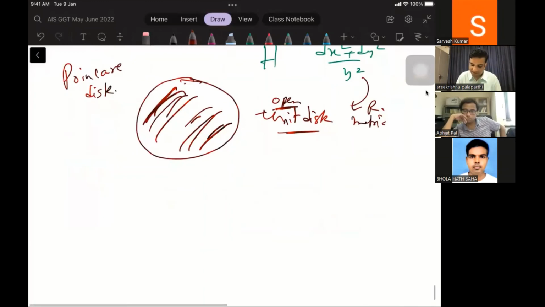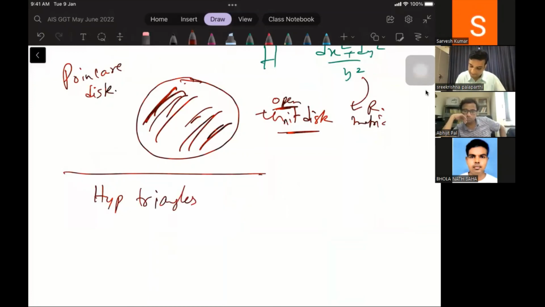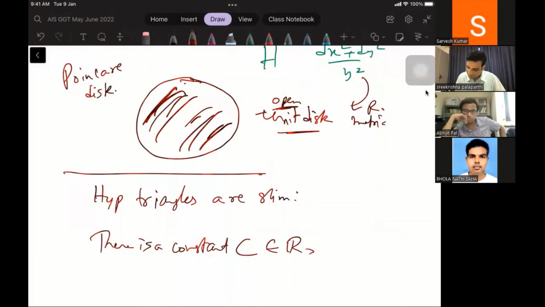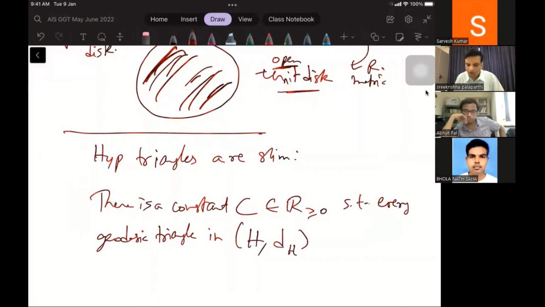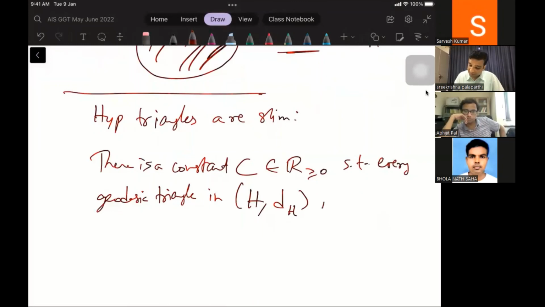One last important property that basically led Gromov to define hyperbolic metric spaces in general is the following property of hyperbolic triangles. Hyperbolic triangles are slim. What this means is that there is a universal constant C such that every geodesic triangle, so triangles made out of straight lines, in the hyperbolic world, straight lines are the semicircles. In the metric space H, the hyperbolic plane like we defined, is